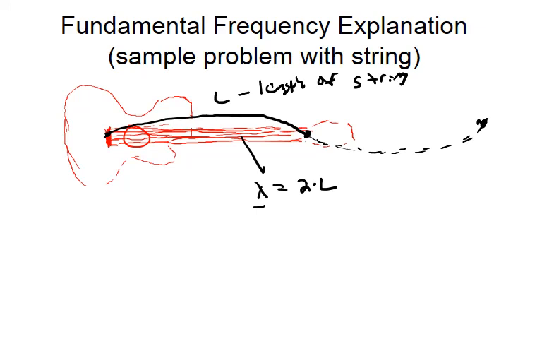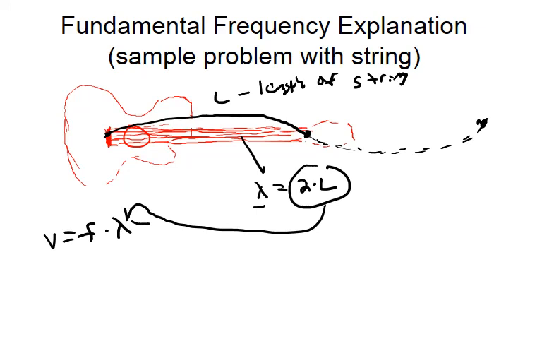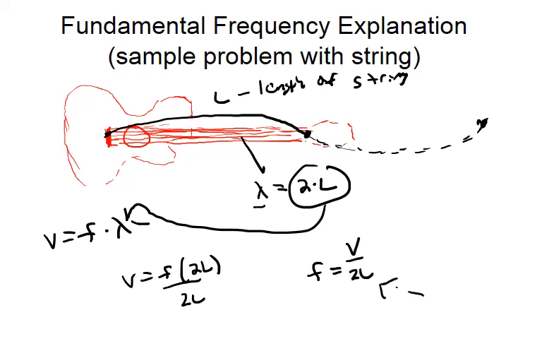We would also take a look at here. We know v equals frequency times wavelength, right? So if 2L is the wavelength, then v equals frequency times 2L, right? And then if we wanted the frequency, we would divide both sides by 2L. So the frequency of the string would be v over 2L. And if we knew the length of the string, how many meters it was, and v being the speed of the waves on the string,